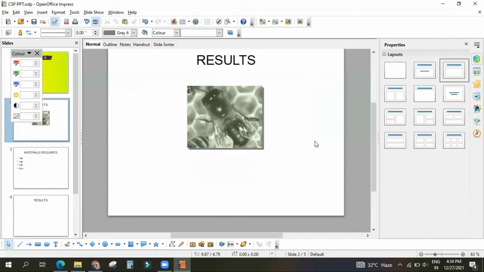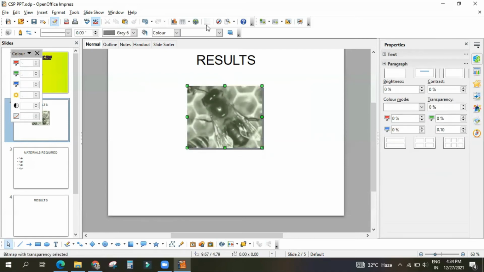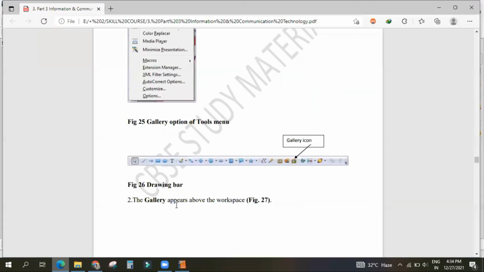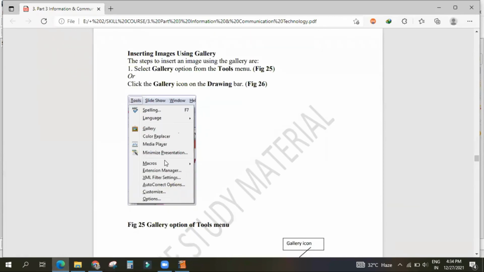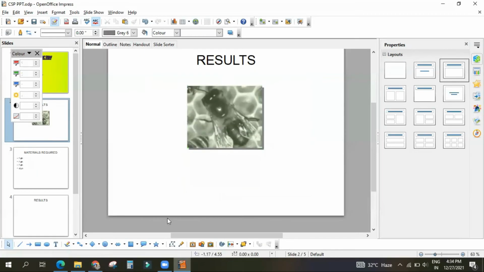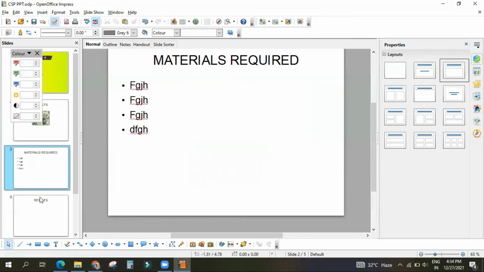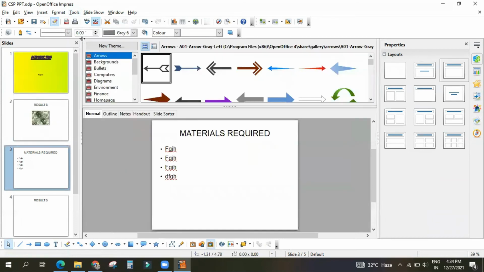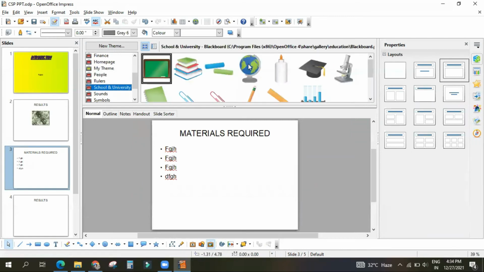Understood? Here also like this we can edit the things. One more thing is there: your preloaded things. It is there in the tools. In tools, your gallery is there. Gallery means the things present in your OpenOffice.